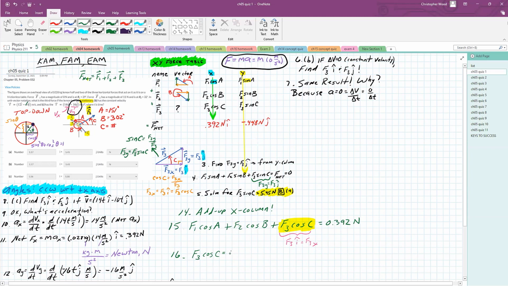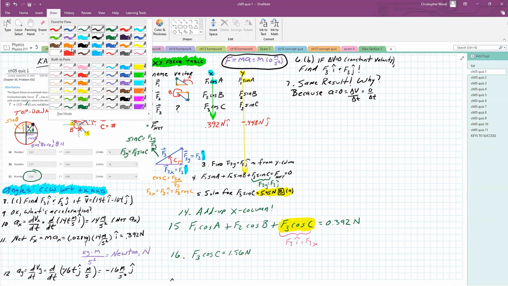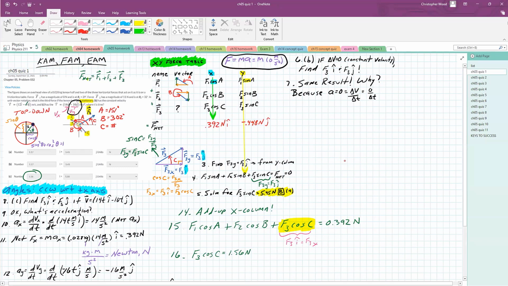My calculator is saying 1.56. 1.5, yeah, when I round. All right, newtons. That's the answer for the X component for part C. And it's going to be the exact same approach for the Y component, changing colors. Steps 16, 17. Let's add up